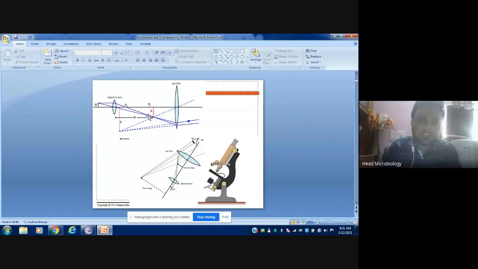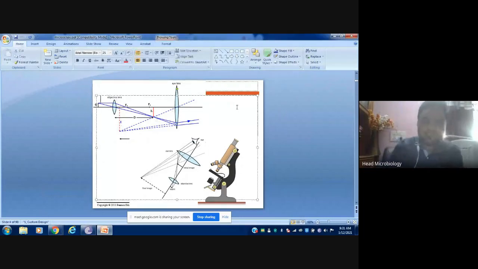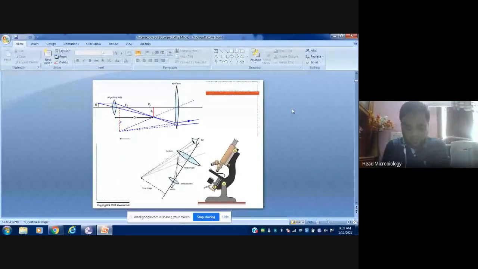Now, this first image serves as the object for the second lens. As it is in between these two, it will create a magnified, pseudo image. See, it is head down here, and head down here also. But when you compare with the first image, the final image is inverted. But mostly what we see in microbiology are round particles or similar things. Even though they are inverted, we don't mind. It is not a big issue for us.